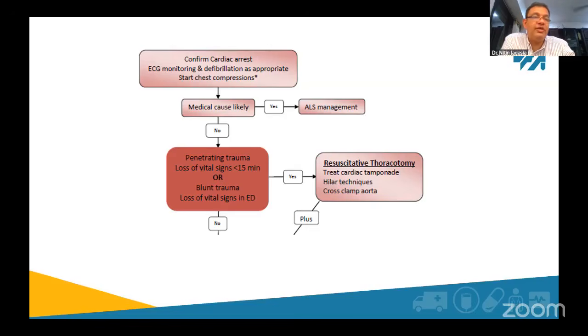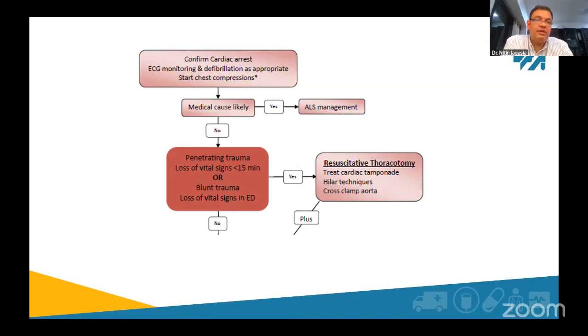cause? So it could have been somebody who had an MI while he was driving a car and he lost control of the car. They brought it to you as a trauma, but actually you feel there's a medical cause, we go to ACLS. Obviously in the UK, it's known as ALS. Over here, ACLS. So if there's a medical cause likely in a traumatic cardiac arrest, you'll go with your usual AHA protocol and you start your compressions, adrenaline, and so on. If there's no medical cause that you think, there is a question about the thoracotomy.